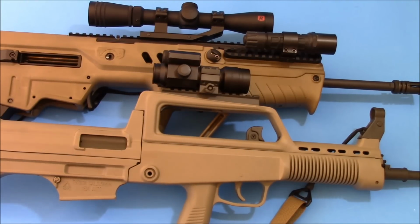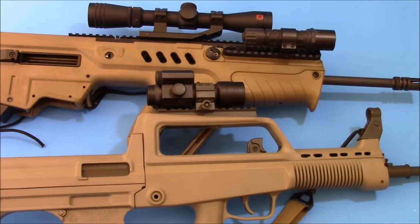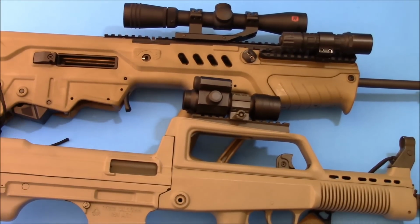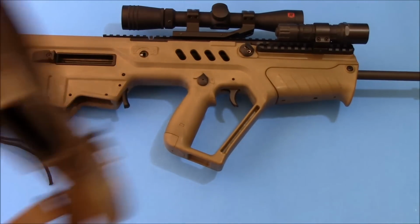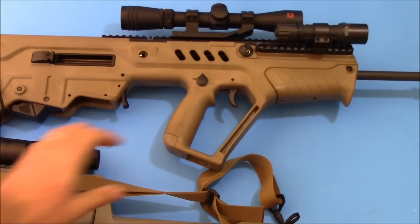The T97 doesn't have one. You have to rack it back with your charging handle. The Tavor has this great big lever back here. So win Tavor. Safety. Now let me just wrangle this puppy around here for you, gentlemen. Safety on the T97